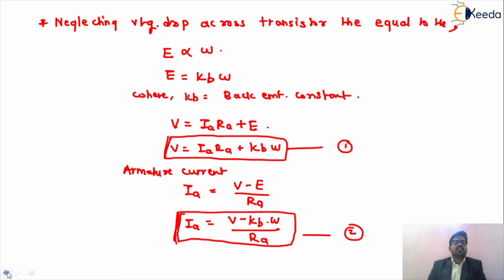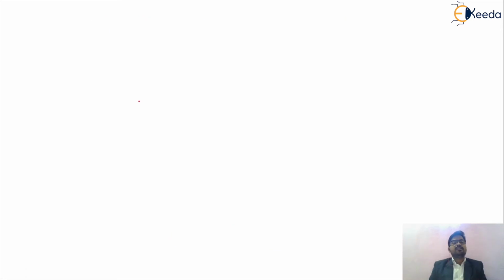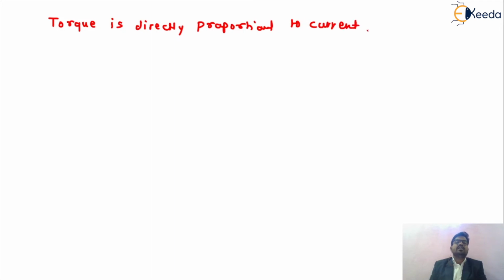For understanding the torque equation of the BLDC motor, friends, after the voltage and current equation, we are moving towards the torque equation. As we have the fundamental concept, torque is directly proportional to current, because according to the basic fundamental, torque is the force which causes rotation or motion. So torque is directly proportional to current, and we are getting the equation of the BLDC motor's torque.